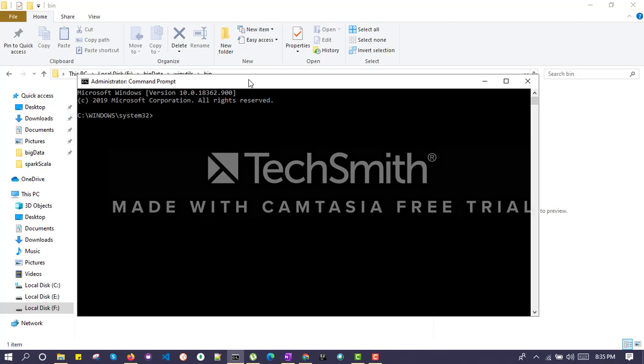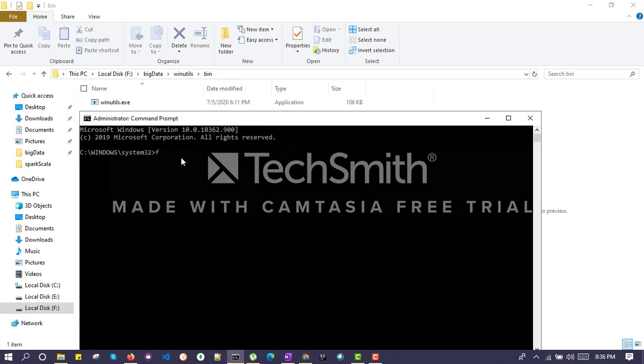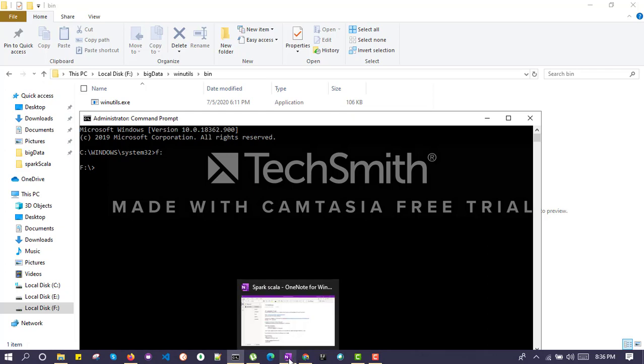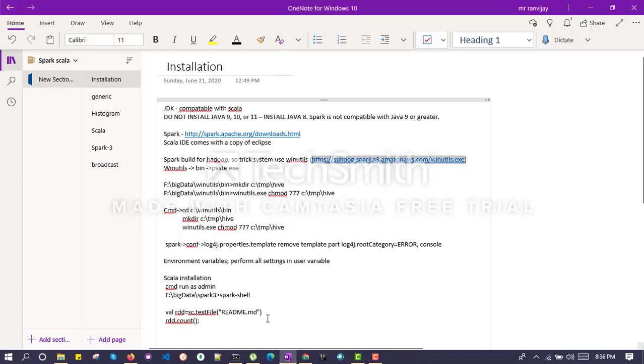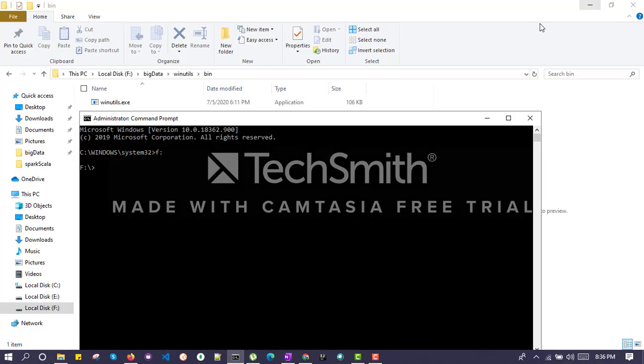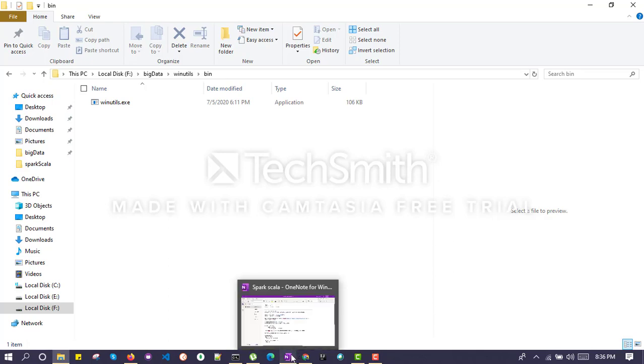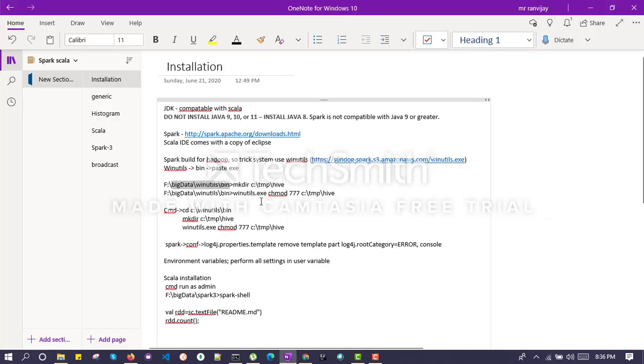Since I have placed my files in the F drive, we need to navigate over there. After that, we will create a directory just to make the system think that we already have Hive on our system.